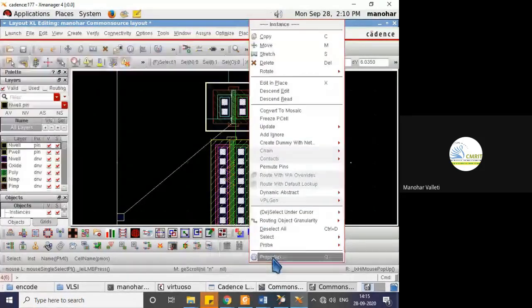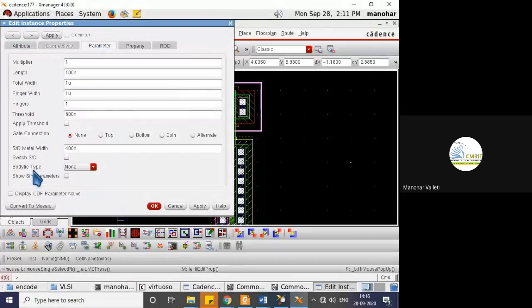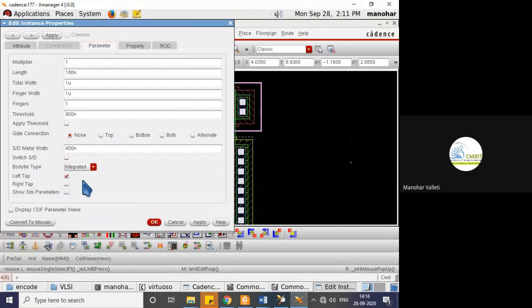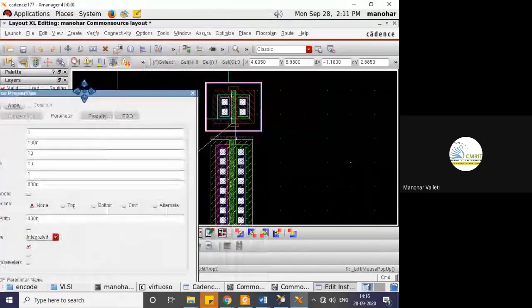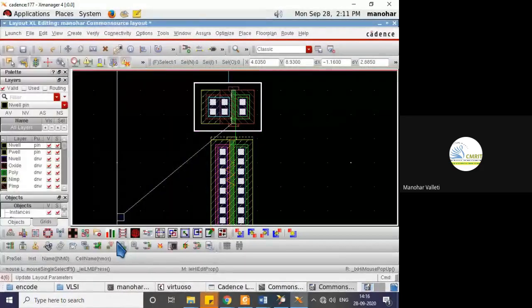So go to the properties of this PMOS. Body type is integrated. If you put that, it will show you the substrate also. You see now only 3 were there. If I click OK here, one more will come. This left side one is the substrate.